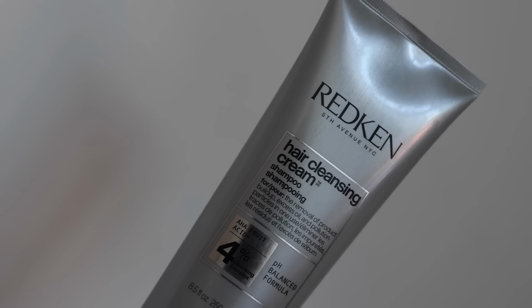And I know that a lot of people are skipping this important step, but you are not using a clarifying shampoo enough. Every month, instead of your regular shampoo, replace that with a clarifying shampoo. You're going to see the word clarifying in them. And what they do is help get rid of all of that product buildup that your hair has stored for the past month. If you're like me and have colored hair, something that my hairstylist recommended to me was Redken's